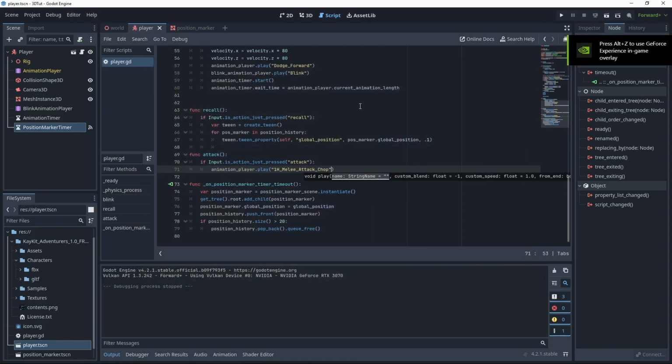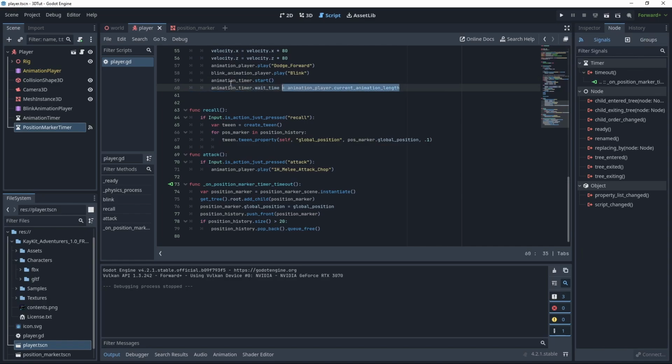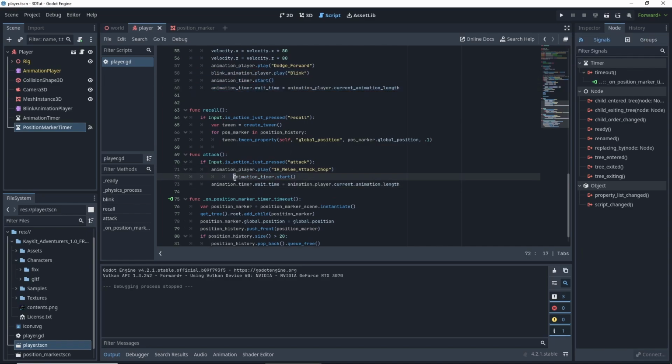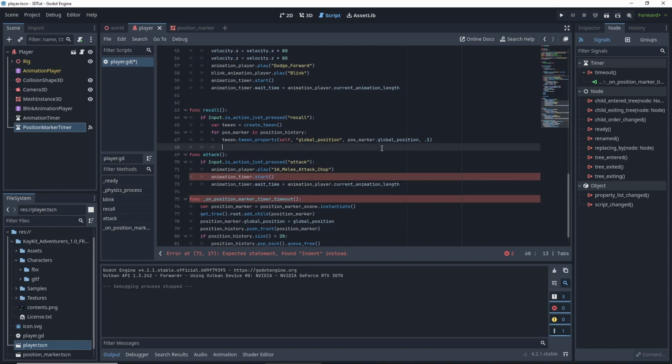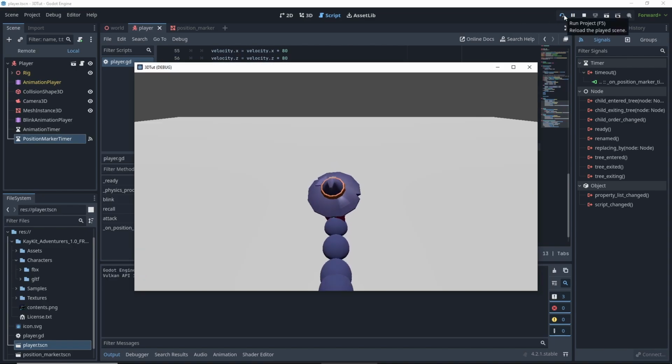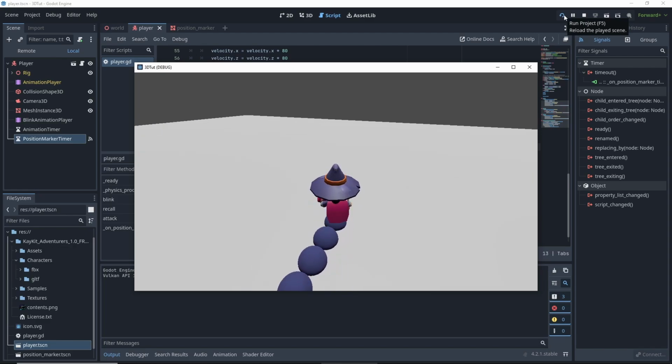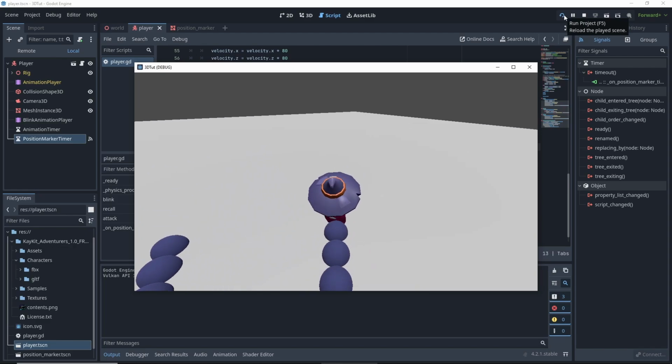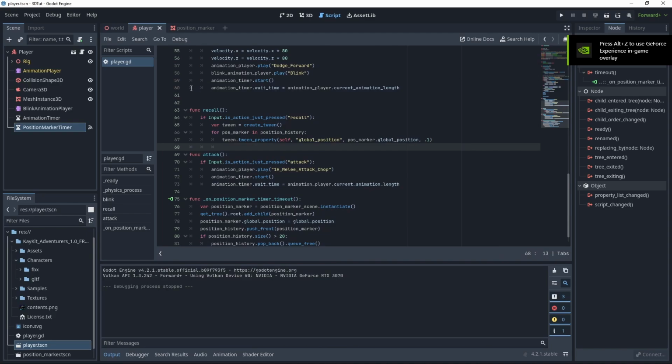Let's see. We also, I'm forgetting, we need to get our timer to start. Let's save. There we go. So that looks a lot more realistic. Okay. All right. We're going to do the exact same thing that we did with our